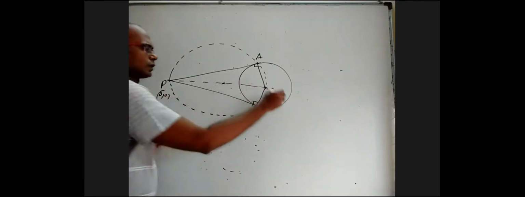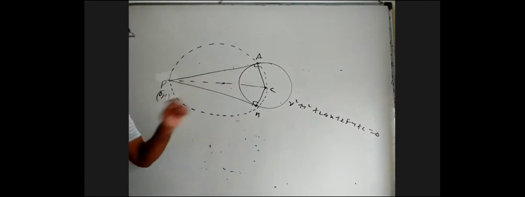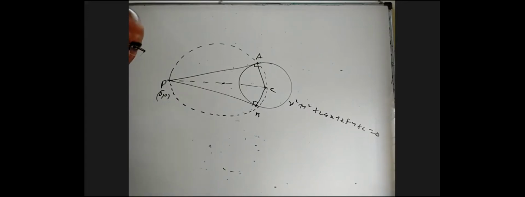In fact, there is a JEE Advanced exam question, but very simple. They gave this is 0, 0. The circle is x square plus y square plus 2gx plus 2fy plus c equal to 0. Then they asked what is the center of the circumcircle of triangle PAB? What is the answer? Sir, midpoint of P and C, sir. What is the answer then?